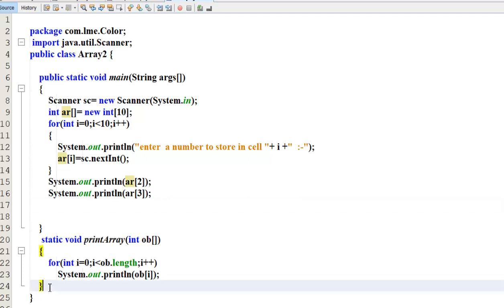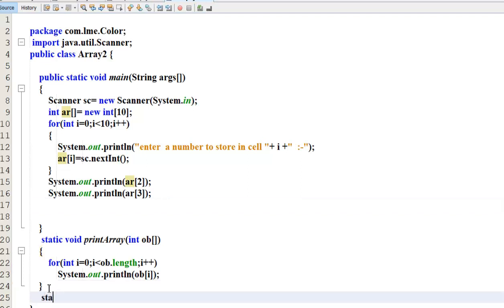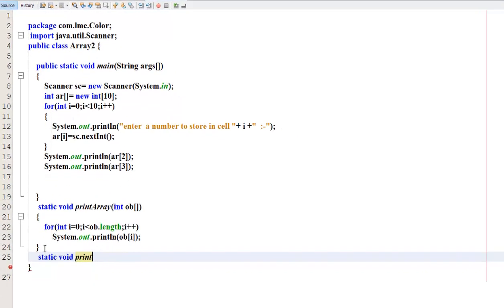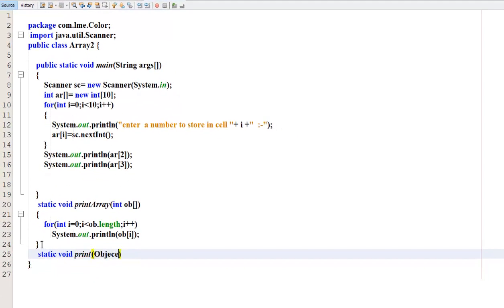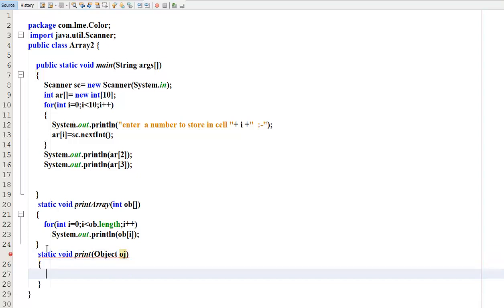Okay, what is the shortcut method? Make one more static method, static void print, taking an Object, and use print only. What is this object?